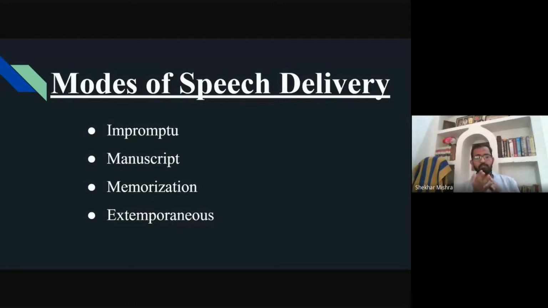The disadvantage is if you are not good at rote learning, then you will forget. And once you forget, you will blank there on the dais. At that time, nervousness strikes you and you will stop. Finally, you have to come back. And that's not a good phase in some public interaction. So memorization is also not a preferred way of speaking in public. However, people do. Now comes extemporaneous.